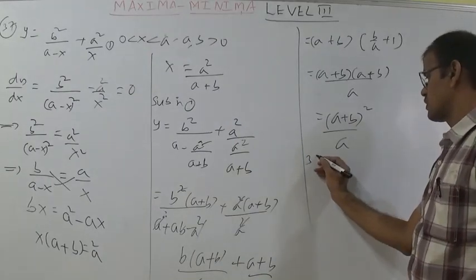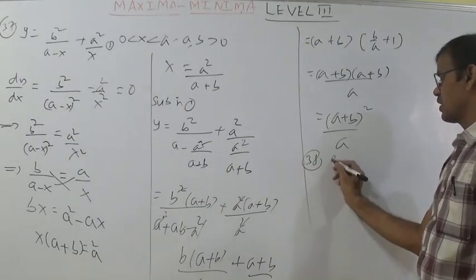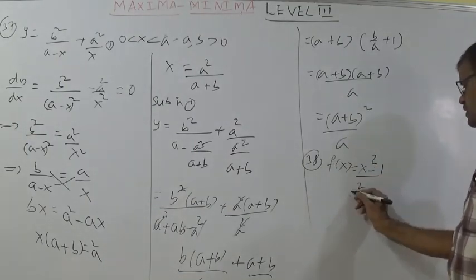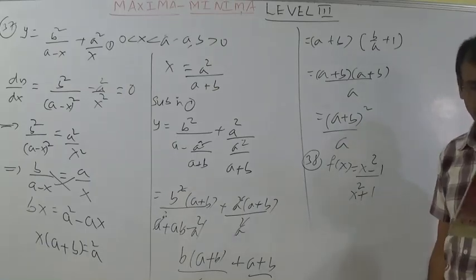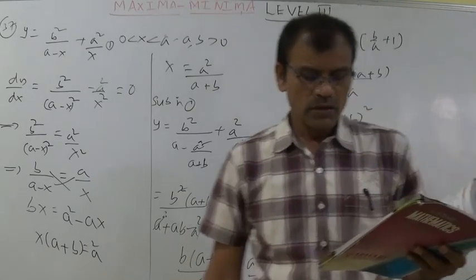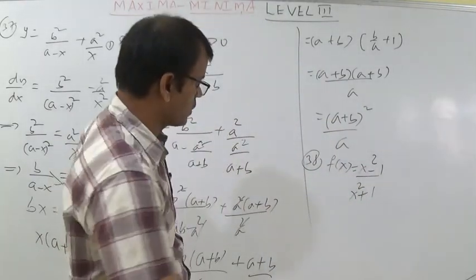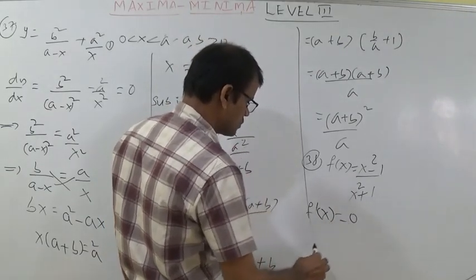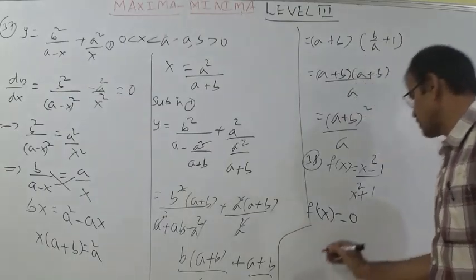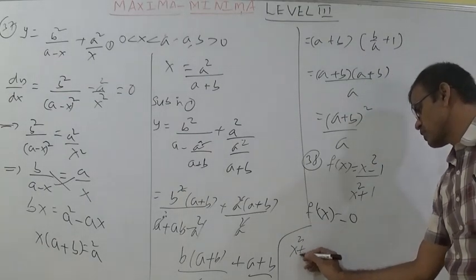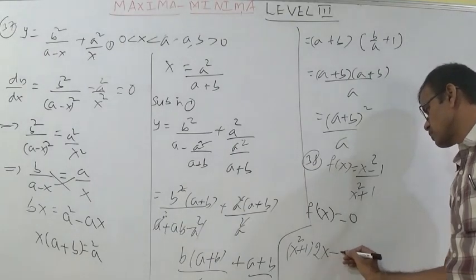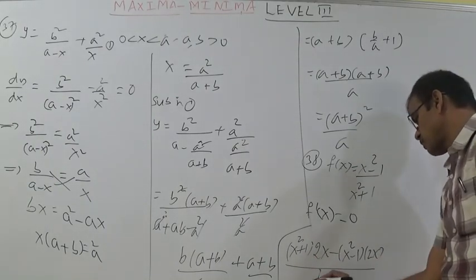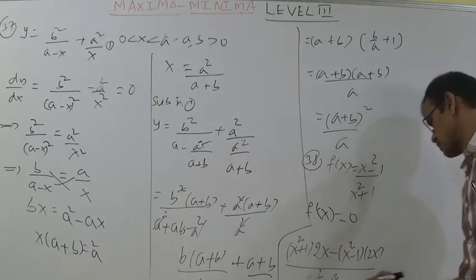Let us discuss the 38th question. The 38th question is given as f of x is equal to (x square minus 1) by (x square plus 1) for every real number. Then the minimum value of f, according to the options, we can verify also. To calculate whether the function f of x is minimum or maximum, f dash x is equal to 0. So by using the u by v derivative method, (vu dash minus u dash v) by v square, we can write here (x square plus 1) into 2x minus (x square minus 1) into 2x, whole by (x square plus 1) whole square is equal to 0.